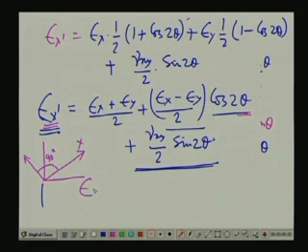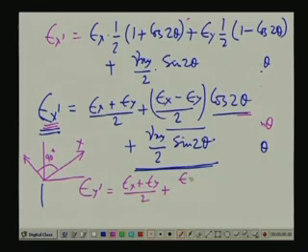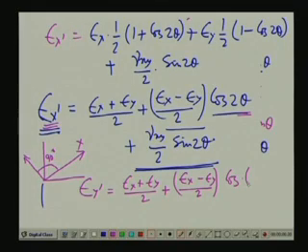So, epsilon y dashed we can write as epsilon x plus epsilon y by 2 plus epsilon x minus epsilon y by 2 times cos of twice theta plus 90, which is 180 plus 2 theta,